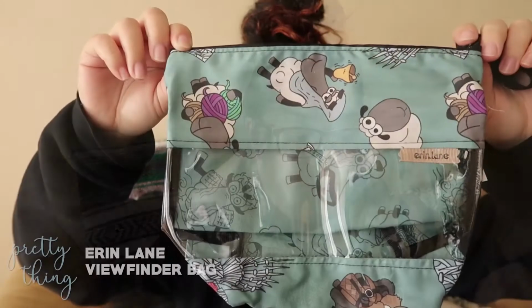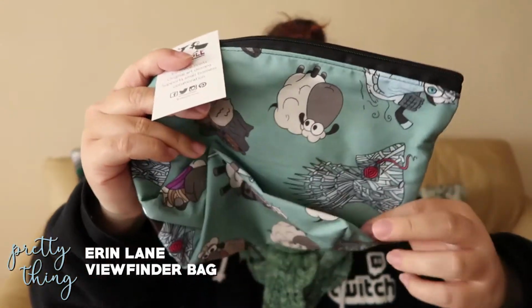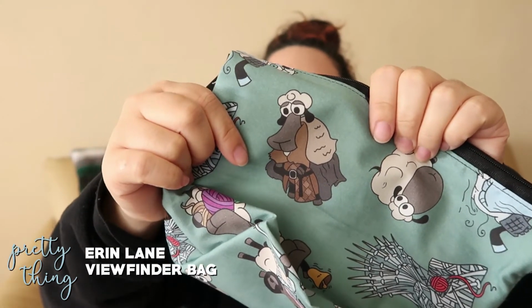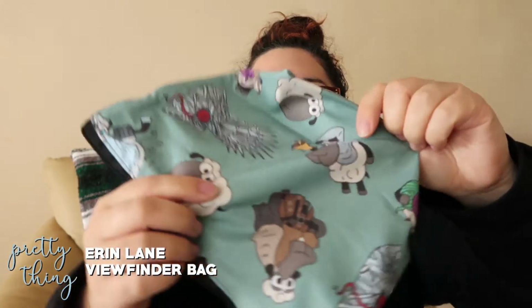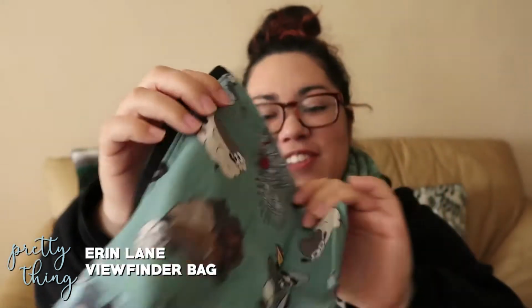So the first thing I got was this Viewfinder project bag by Erin Lane. It's a Game of Thrones themed sheeple, and you can see the little Iron Throne, and what else? I couldn't figure out if this was supposed to be Ned or John, but either or any other Stark, really. It could have been. And then they have the little sheep with the bell, probably saying shame. There are all these fun sheeple that look like Game of Thrones characters,